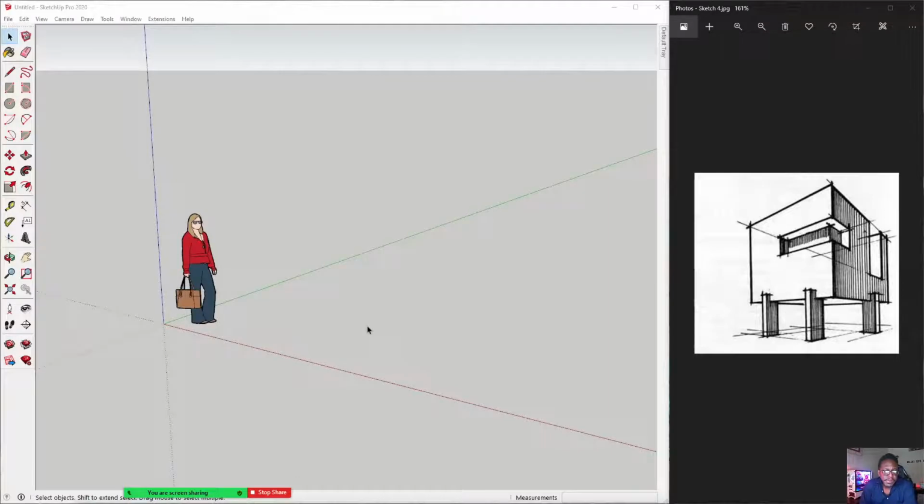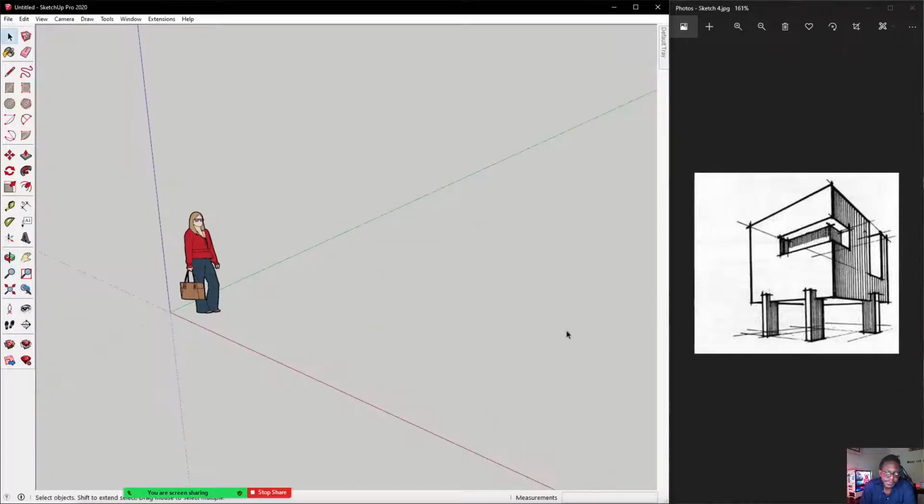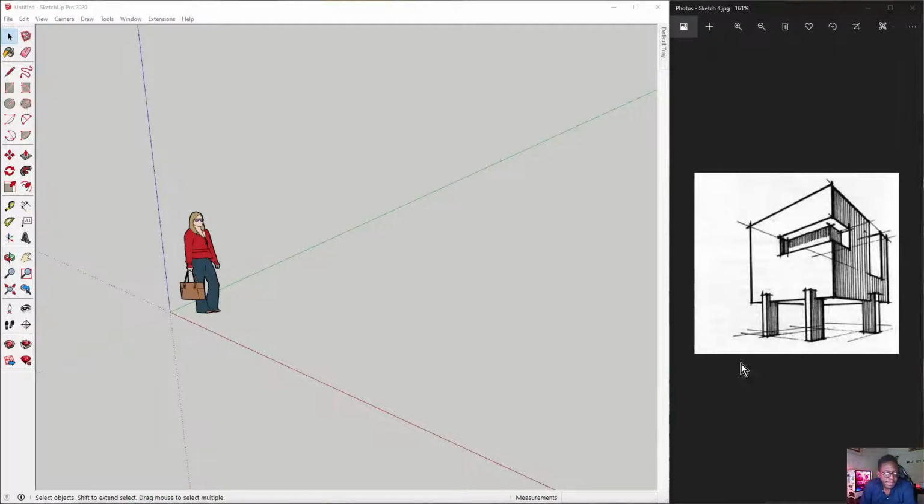Okay, so now if we are to start a sketch like this, the first thing we'd have to do is analyze a bit of what's happening here. For example, we know that this is basically on a square base. So the first thing we could do is perhaps draw a square base, and I'm going to use my rectangle tool that is located here